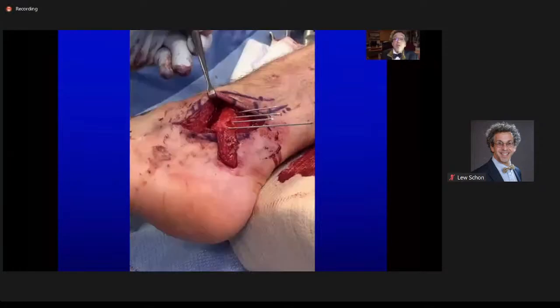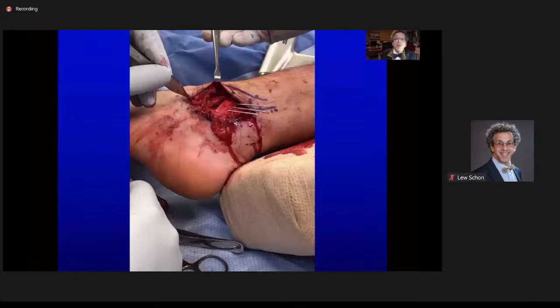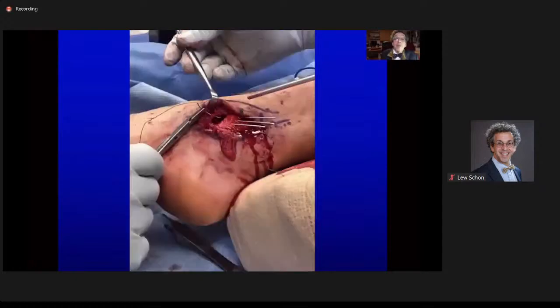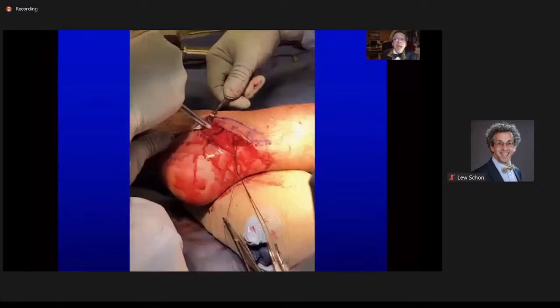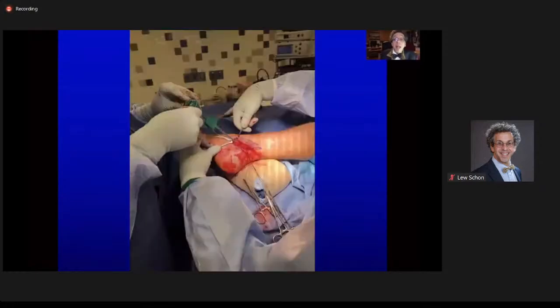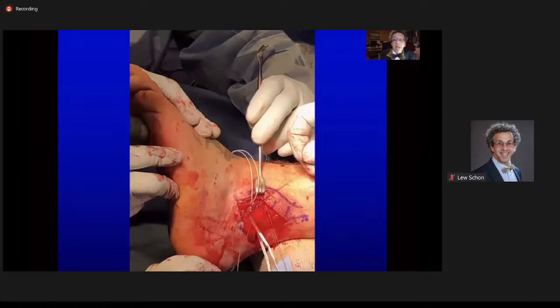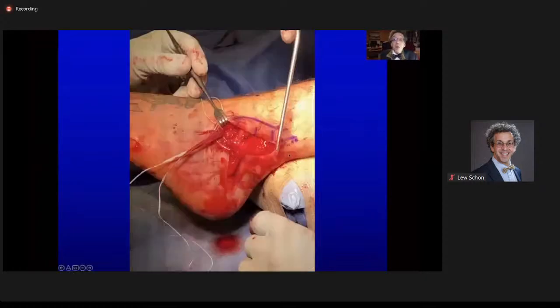I'm chiseling off the front of the fibula. I'm driving my wires into the fibula. And now I'm going to pass my suture through the ligament and pull that to the bone. And then before I tighten everything up, I'm going to put in my synthetic material. This is the internal brace that I'm putting into the fibula, and another limb is put into the